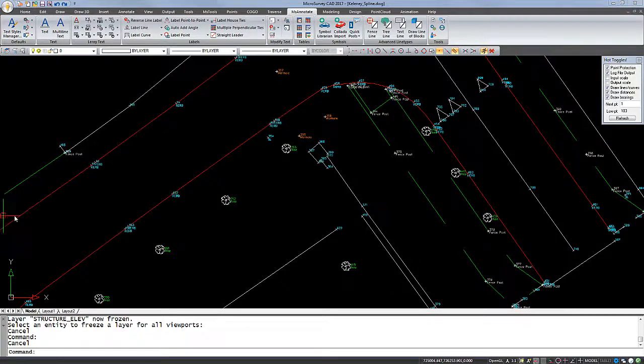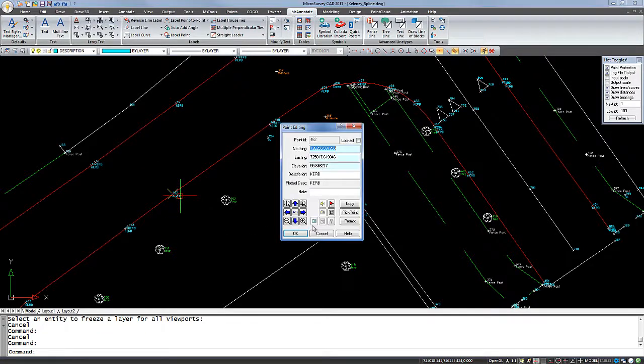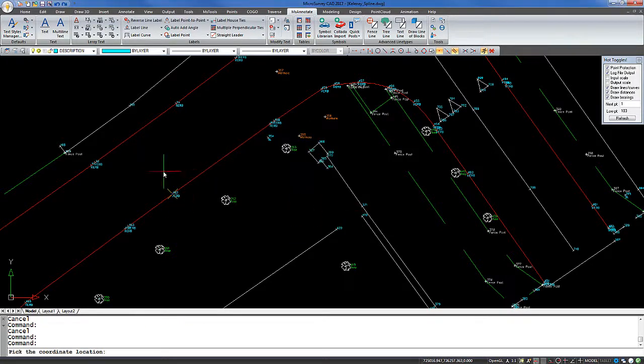Microsurvey CAD 2017 introduces the new Smart Polylines feature. This feature allows polylines created in your drawing to remain connected to any points stored in the database. If these points are edited in any way, the polyline will update as well as any associated labeling to reflect those changes. So for example, if I were to manually move this point here,